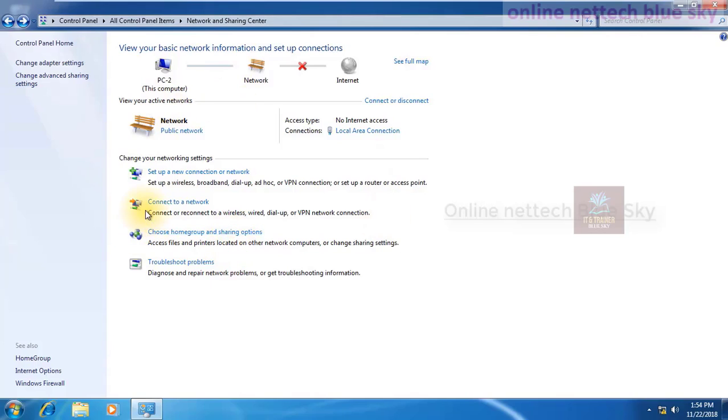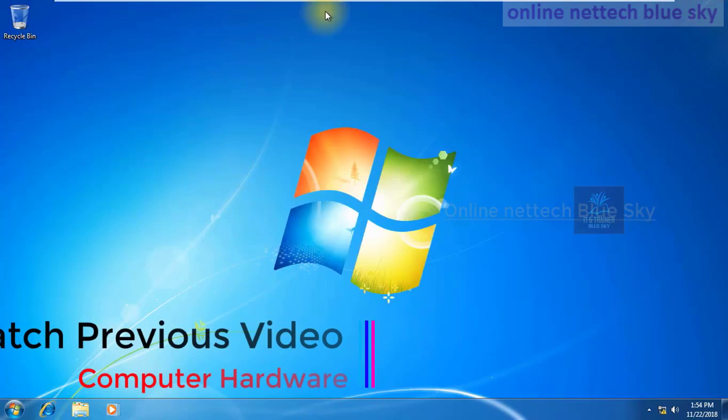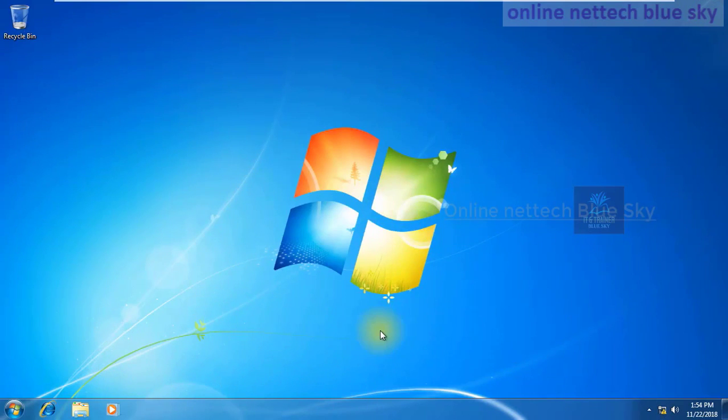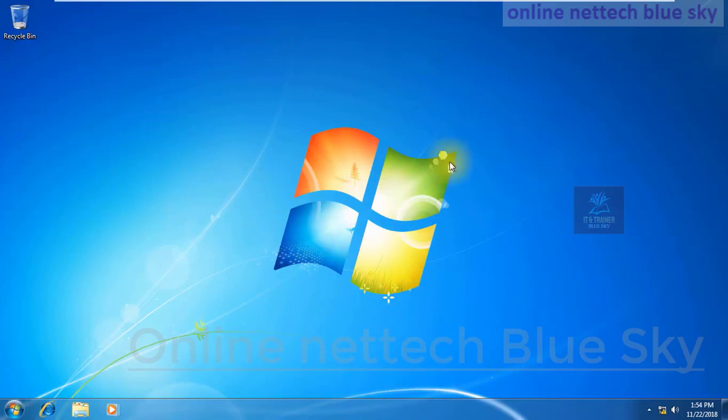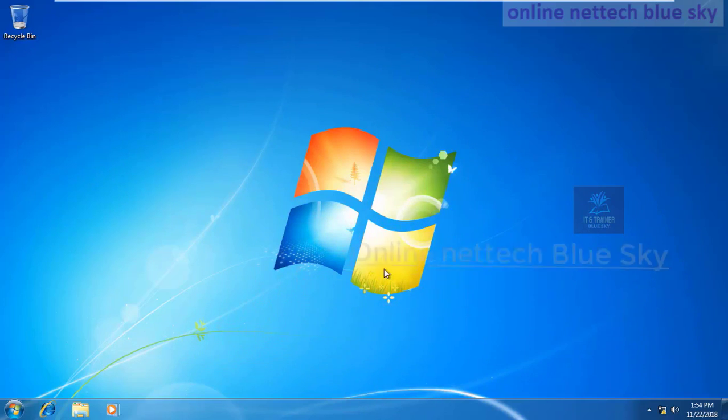This is a network I already created, and in the last video I showed you how we can connect from one computer network to another computer. I'm using Content Manager and the other computer, Windows 10. This is my second computer, Windows 7. You can see here it may not be completely connected, so it shows this network icon, and it is not showing communication.